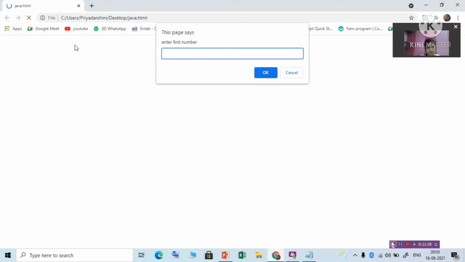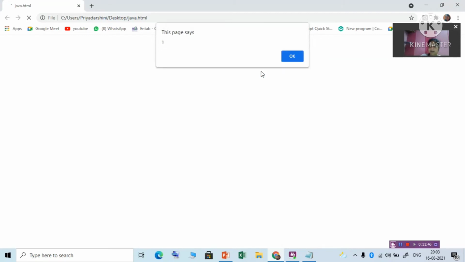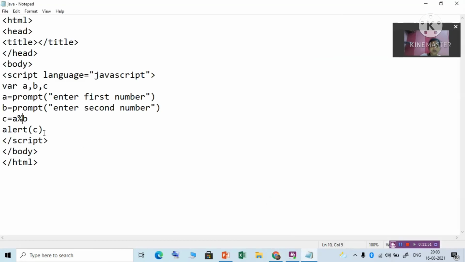So any other number try? Suppose I am taking 50 and then divide it by 2. So you will get the result as 1. So this modulus operator stores the remainder instead of the quotient, and the division operator stores the quotient. So there is no problem. Whenever we are applying subtraction, multiplication, division, modulus, these operators automatically convert this character to numbers. So there is no problem.